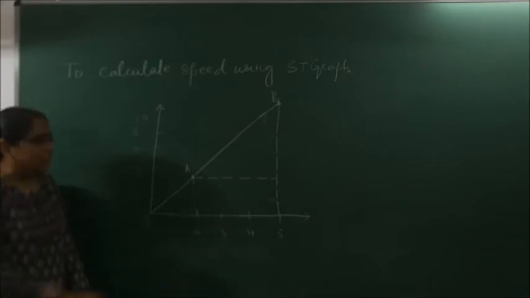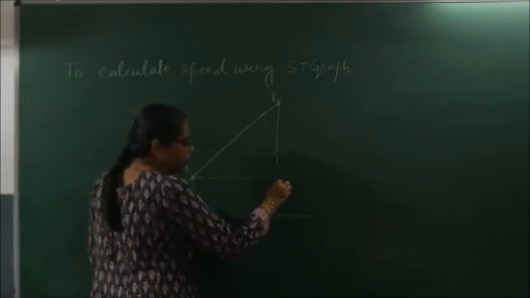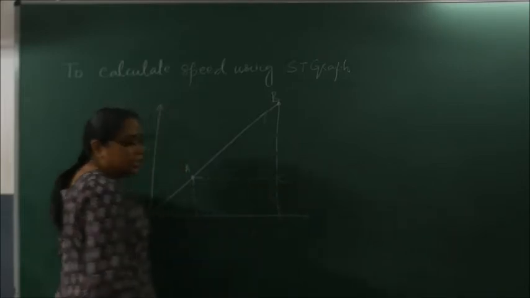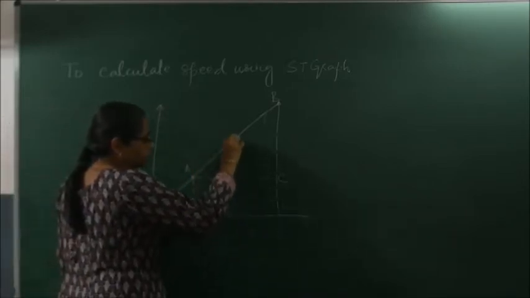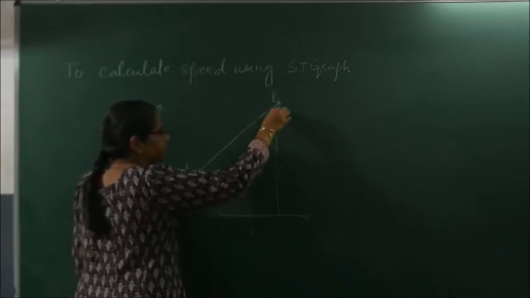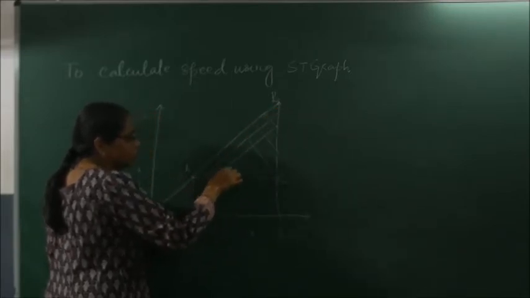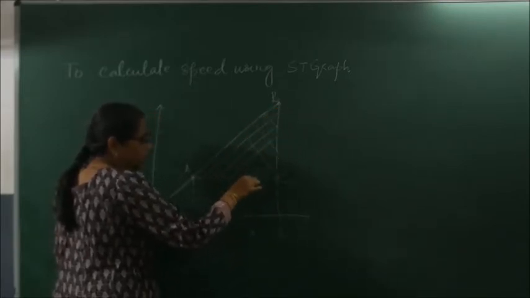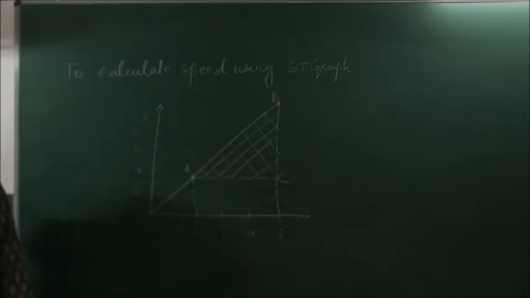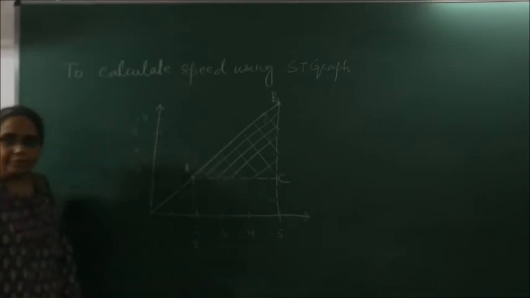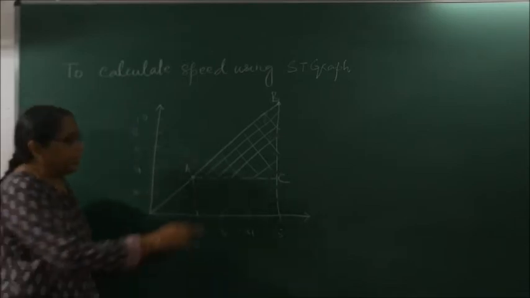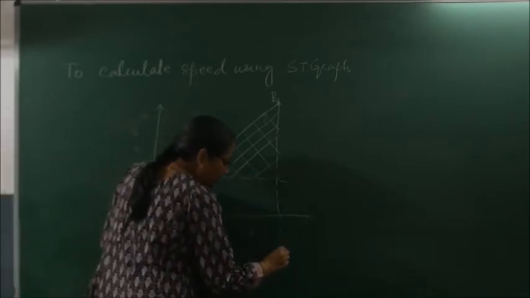Now these two meet at this point. So this becomes a triangle, triangle A, B and C. This is point A, and let us suppose the time here is T1, and at point B the time is